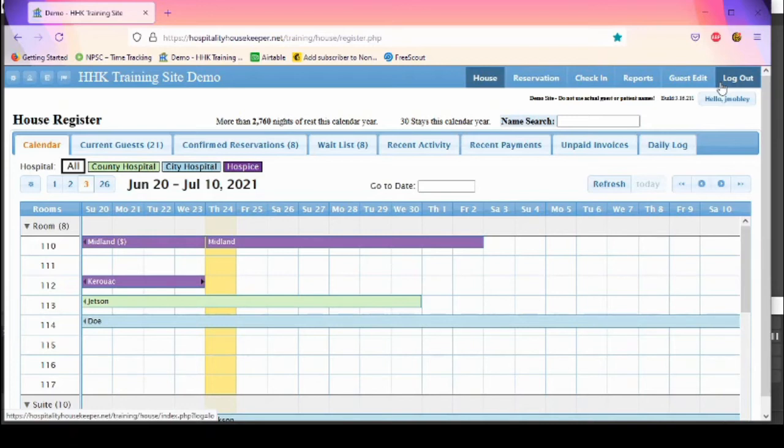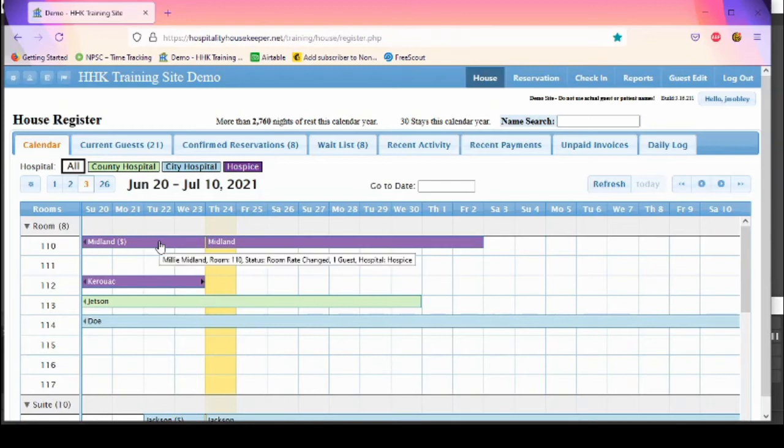Now, not only can you identify it here from the calendar, but there's also other ways to identify it. So one thing that I want to mention before I show you that is that once the split on the calendar is made for the room rate change, there really isn't an easy way to undo the change. So you won't get rid of the split. If it was a mistake, or you made the change by accident, or you need to go back to the